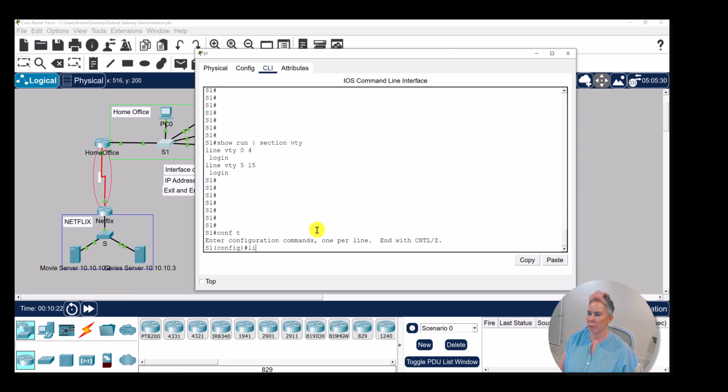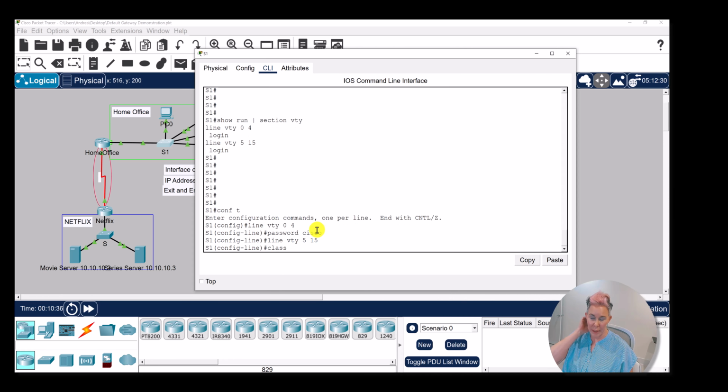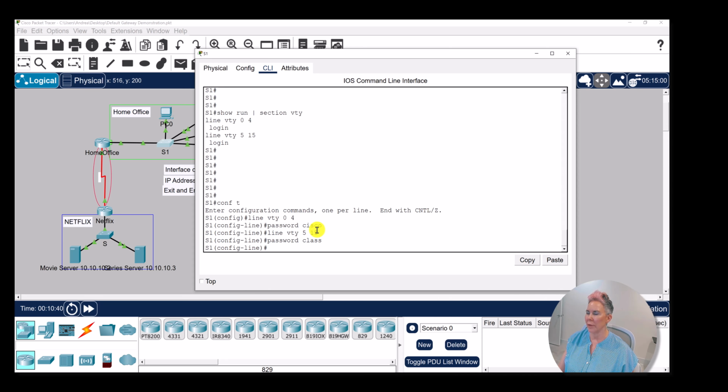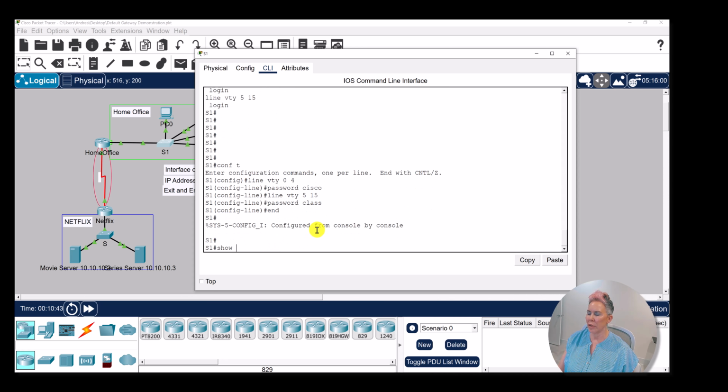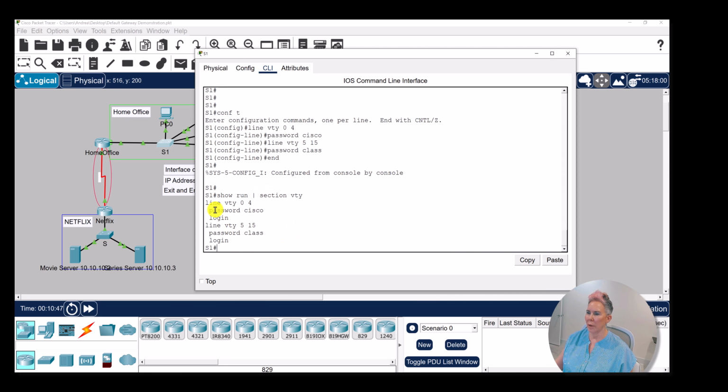Let's take a look at this. What I could do is I could do line VTY 0 4, password Cisco. And if you're wondering, can I do another password on the remaining? The answer is yes, I could do password class. Let's take a look, show run, section VTY. All right, so there we can see this group of VTY lines with password Cisco,